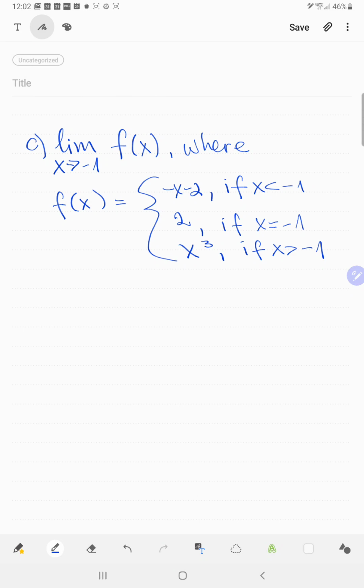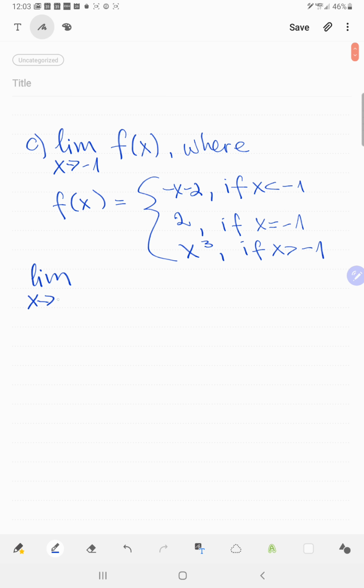Hello everyone, this is the third part of videos for the activity we did in class on Friday, and the question was to find the limit as x approaches -1 of a piecewise function. And to begin with this, I just want to point out that to find the limit